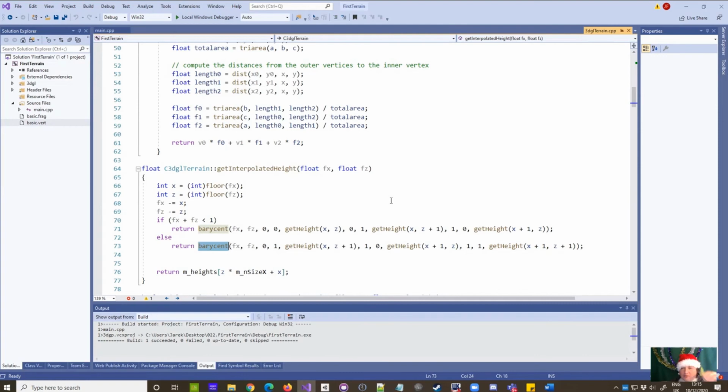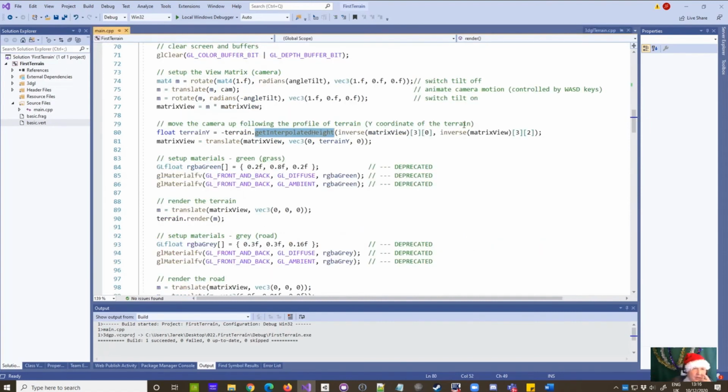So we will not have a jumpy transition between two neighboring vertices. Vertices can be quite far apart from each other, and we still will have a smooth transition between the two heights. All right, and once we have this terrain Y, the height of the terrain at our current position where the camera is,